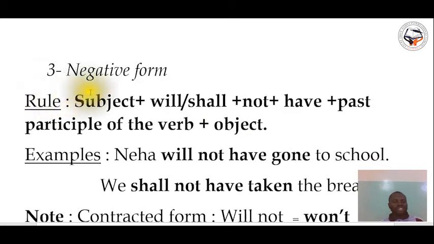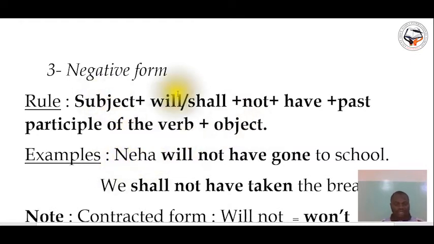So the rule of the negative form is subject plus will or shall plus not plus have plus past participle of the verb plus the object. Okay, subject plus will or shall plus not plus have plus past participle of the verb plus the object. Example,